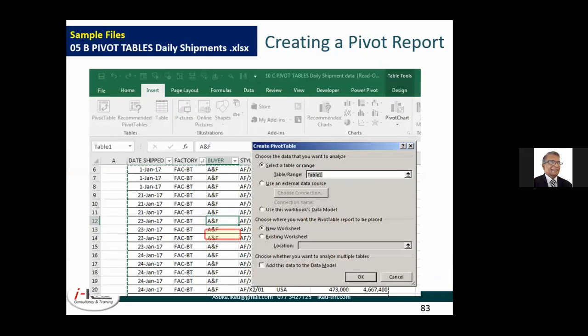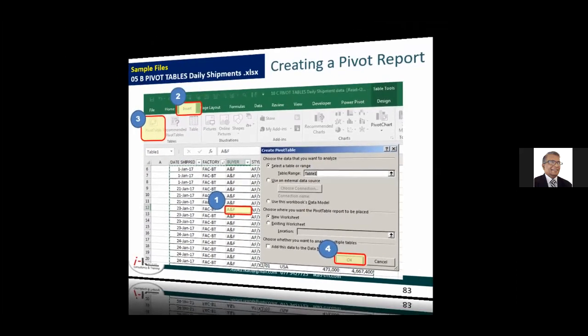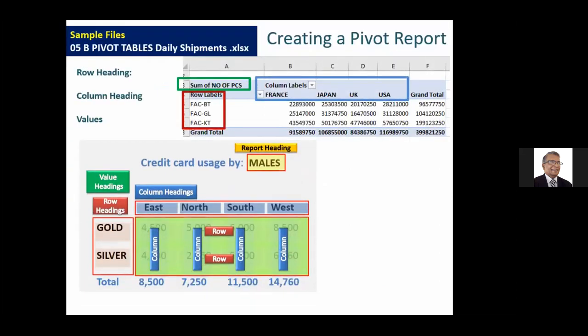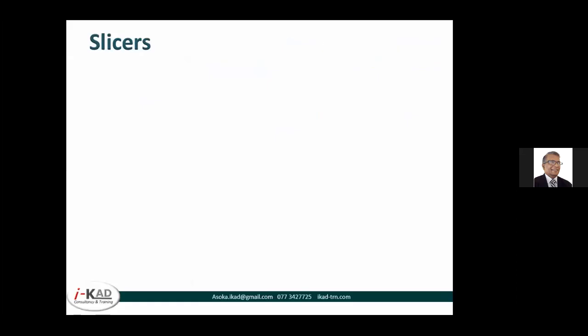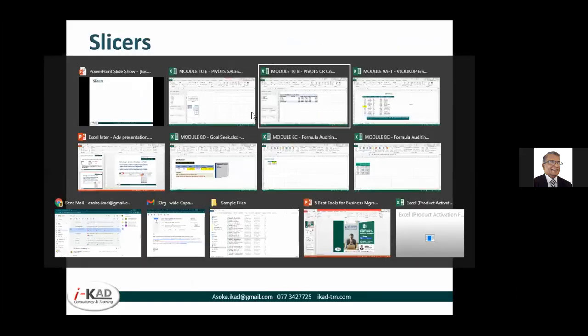So here we are. Select a cell, click on insert the steps, pivot table. Okay. Done. If you want to get this report out, you have to identify what are your column headings, what are your row headings, and what are your data. So column headings are these: country. Row headings are factory. This is a different one. Right. So anyway, let's do with our data.